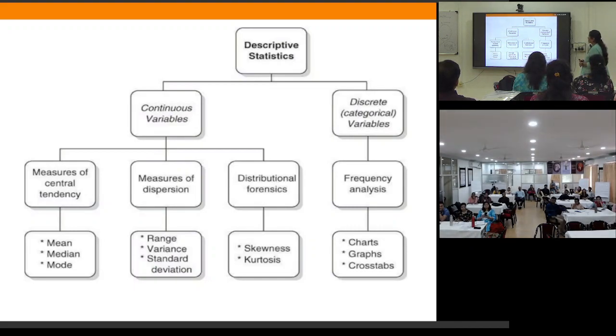So why do I need this? Basically, measures of central tendency. I want to see the marks of each student in the class, how close the students are to each other. I am taking the average, the central tendency. If I want to see the scatteredness, what is the difference between each child, all the 100 children, then I will go about saying what the measure of dispersion is. The same data can have different interpretations; if you tell the measure of dispersion, it will change. So that is why it is important to tell SD, range also.